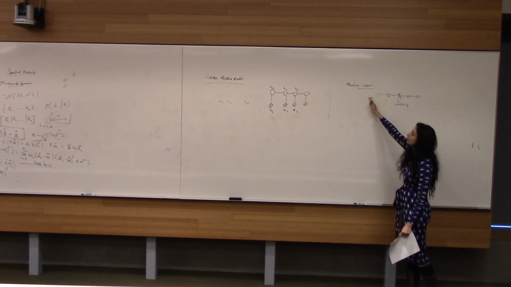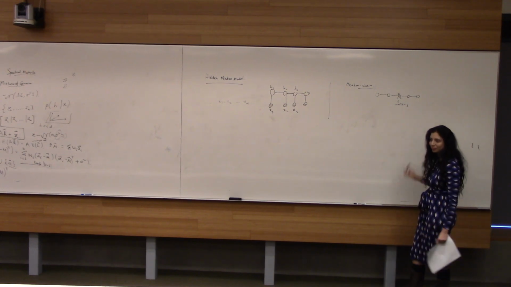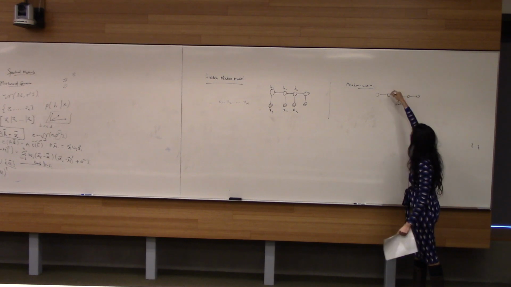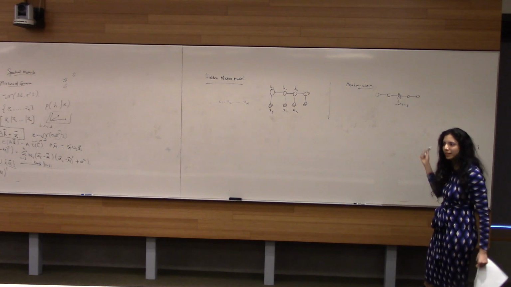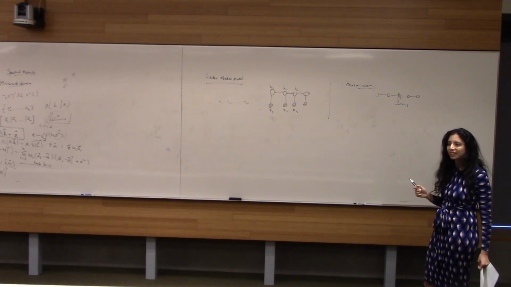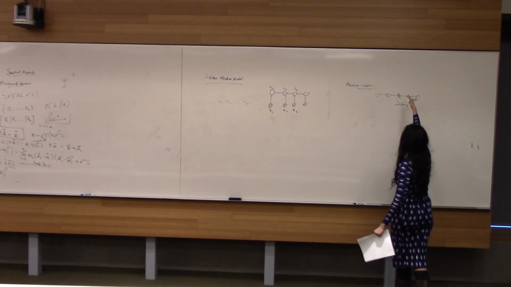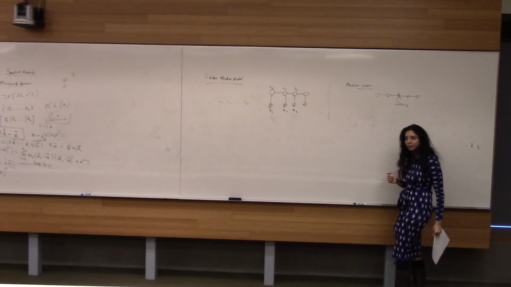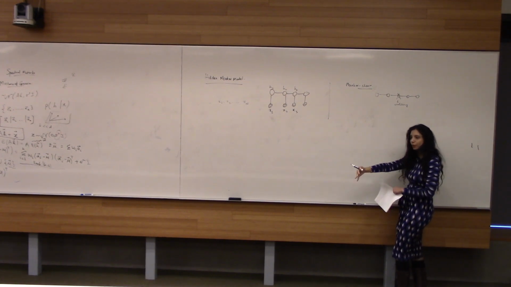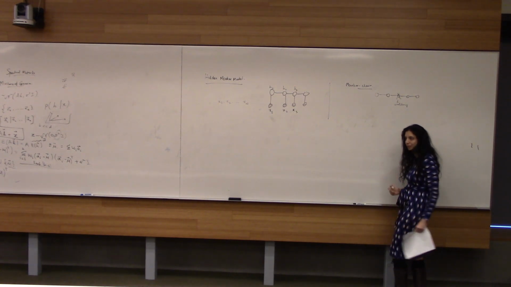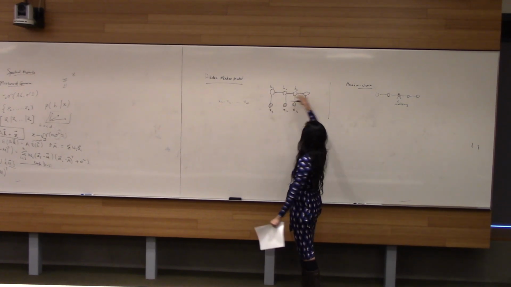On the node, this part is completely independent of this part, right? Because there's no edges going around. But on the other hand, if there was some other edge like this, it's not conditionally independent, right? So that's a simple way to express conditional independence relations, because you can say that conditioning is equivalent to deleting the node in this graph, and if there are no edges going from certain nodes, you know those are conditionally independent. So here what we have in the hidden Markov model is the Markov chain on the hidden variables,